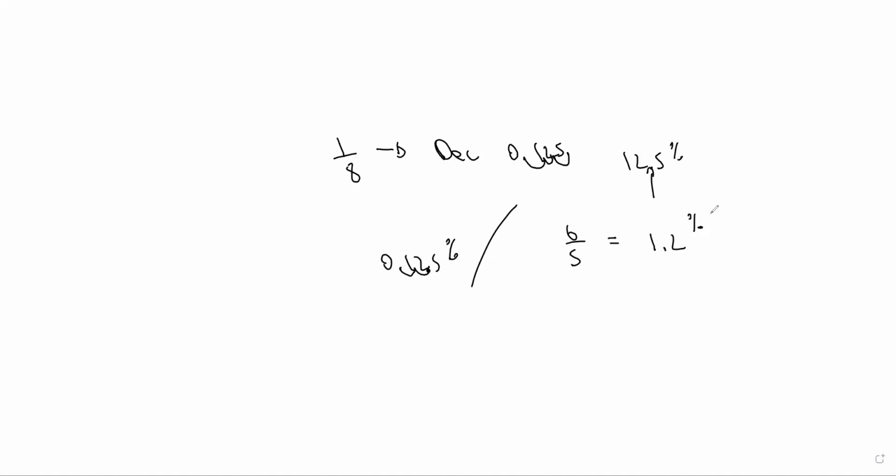Because let's say you got 6 out of 5 on a test. You should be really happy about that. You got more than 100% on your test. So if your teacher claimed that you got 1.2%, you would tell the teacher, your math is a bit off. I did really good on that test. I got more than 100 on that test. I didn't get around 1% on that test. So this answer, from a practical point of view, doesn't make sense.